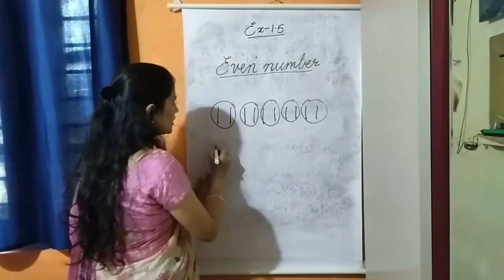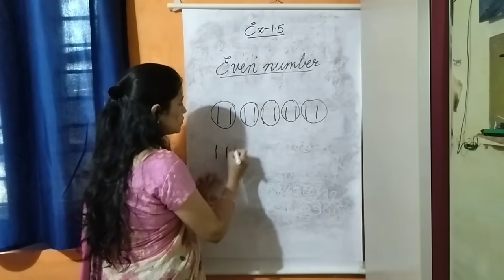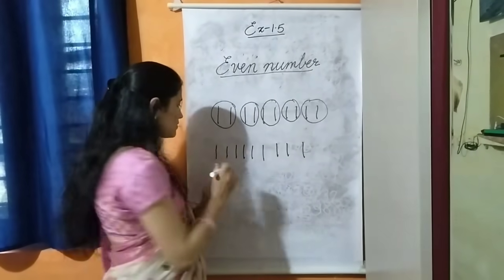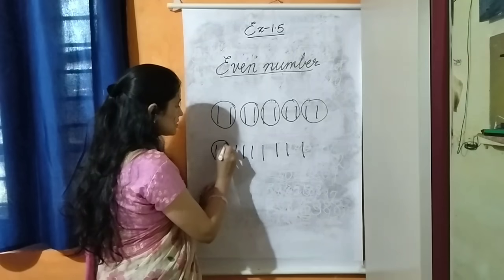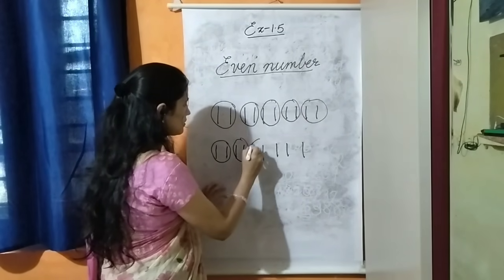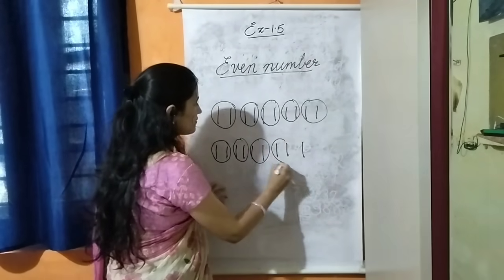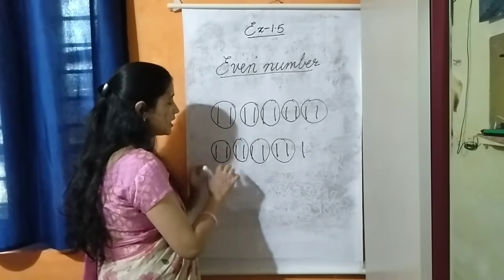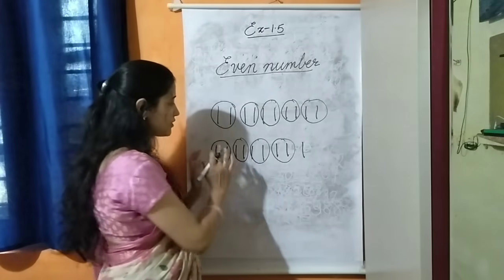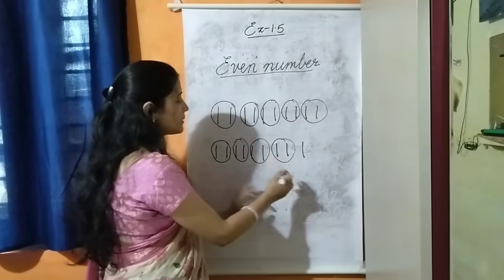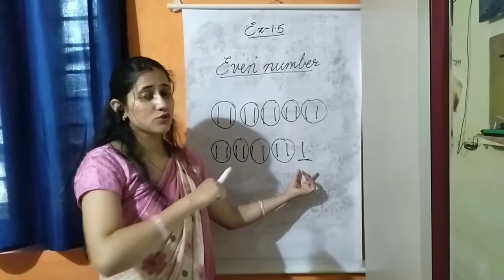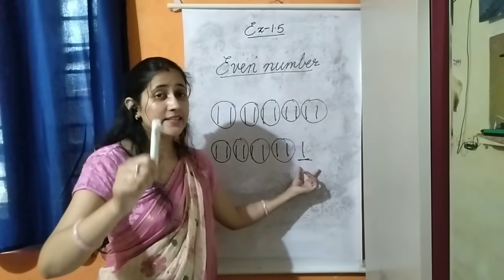And if I draw here like 9 lines, 1, 2, 3, 4, 5, 6, 7, 8, 9, and now see, I am taking pairs. In a pair we have to take 2 lines together. See, here 4 pairs are there, means here 4 circles are there in which 2 lines are there. Okay, but 1 is left behind. So how many lines I have drawn here? I have drawn here 9 lines.